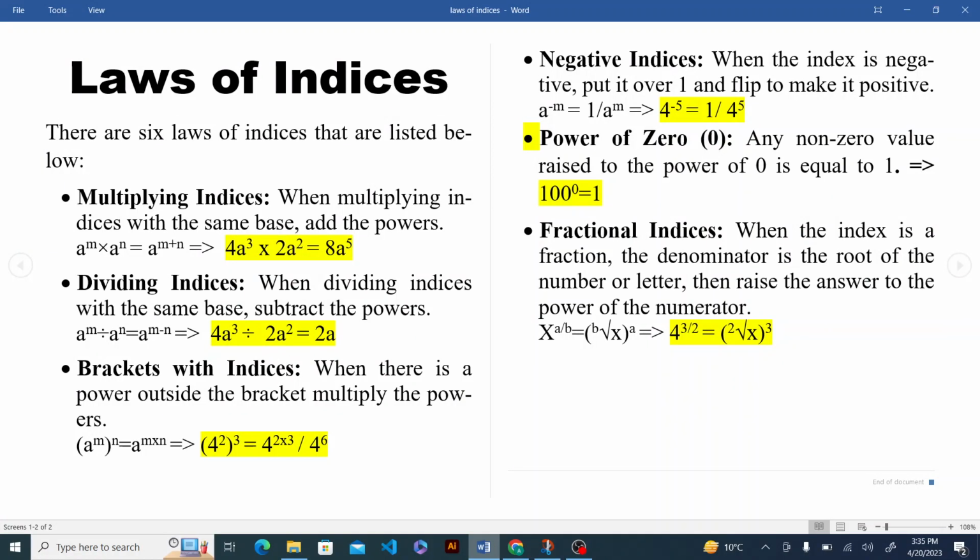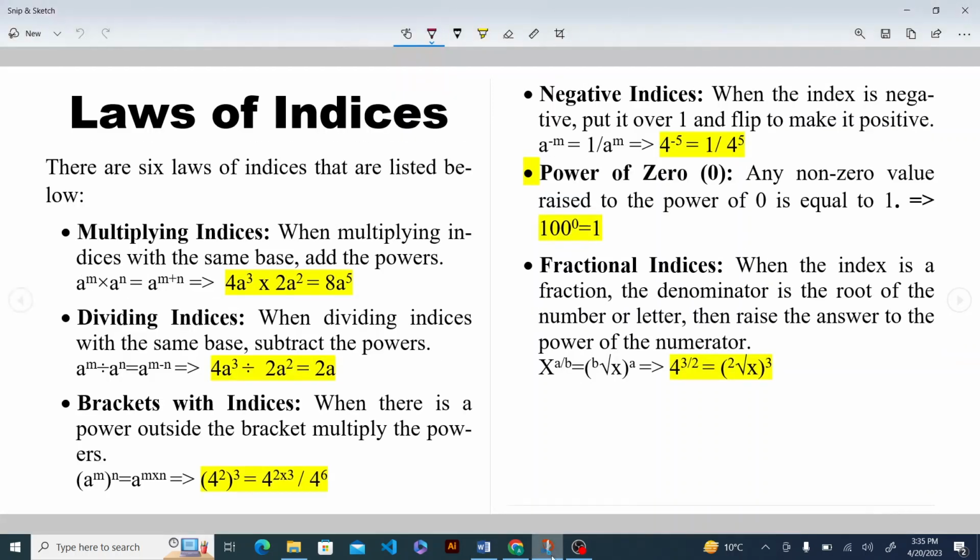Today's topic is laws of indices. So there are 6 laws of indices. The first one is multiplying indices. This law says when multiplying indices with the same base, add the powers,